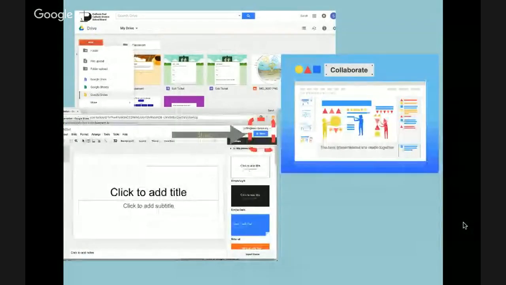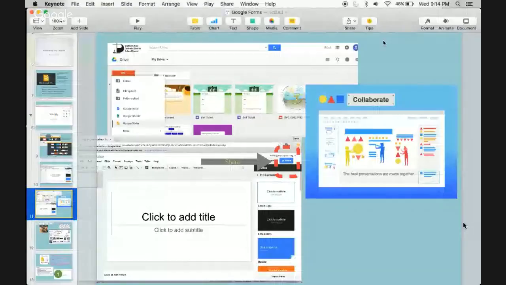And I want you to think of the idea as we talked about collaborate. Some of the best presentations are made when they're made together. So I know we were talking earlier about the idea of Google Drive. And in Google Drive, you can also find, when you open up the new, you'll see that there's Google Slides within there as well. So you can choose to open it up in there. And when you open up a new document, you can either design it and share it or work from scratch. It's this little share button here. So this little blue button, when you share it,